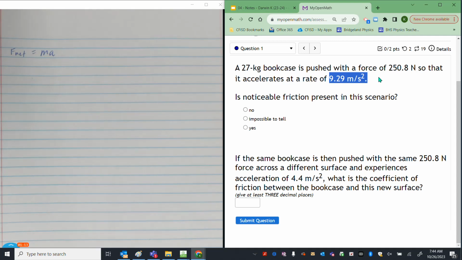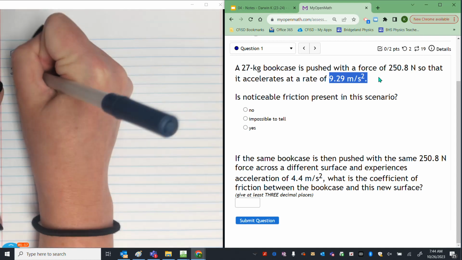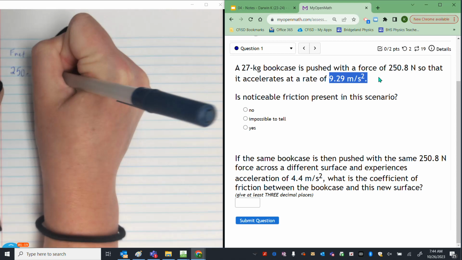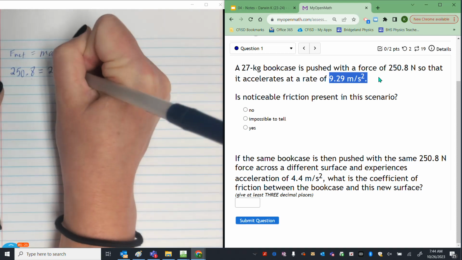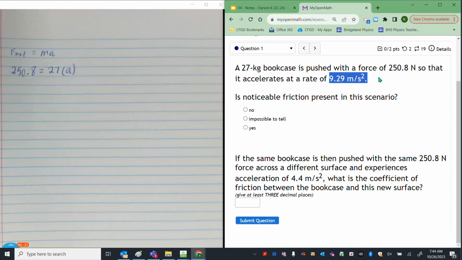So that's what you're supposed to do here: take this force, 250.8, and set it equal to 27, that's the mass, times a, and then see, do I get 9.29 or do I get something smaller? Because if there's friction, I've asked y'all this several times now, how does that affect acceleration? Y'all tell me every time it's less. Okay, so let's see if we get